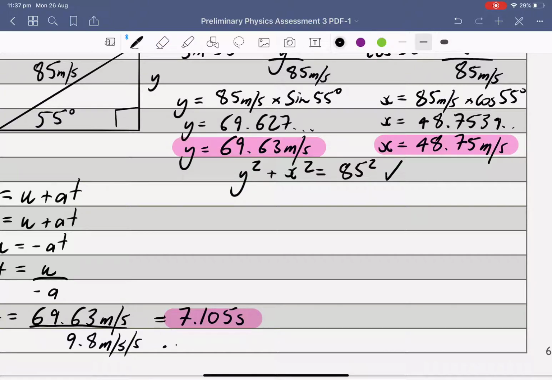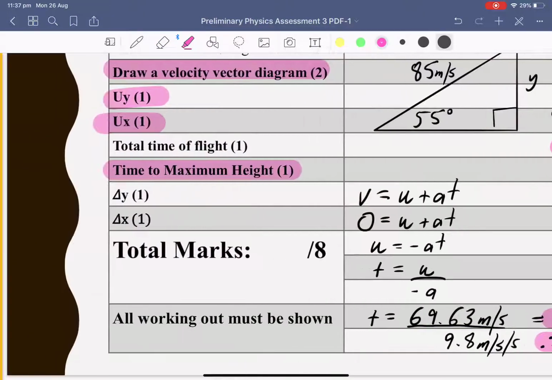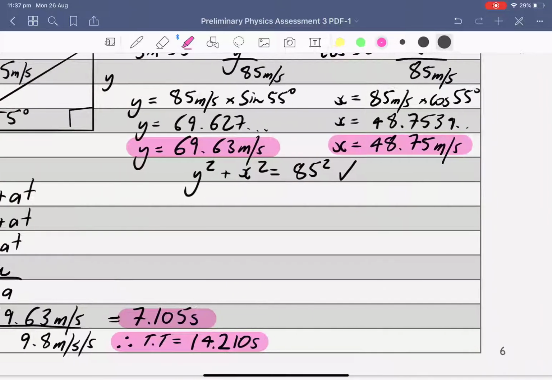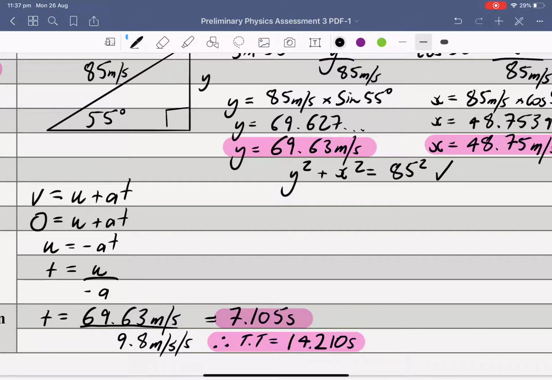Therefore, total time equals 14.210 seconds. I'm going to highlight that just so we've got that done. The last two things we need to do for this question is find the maximum height reached and the horizontal range. To find the maximum height, we're going to use